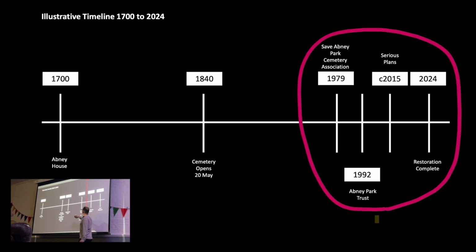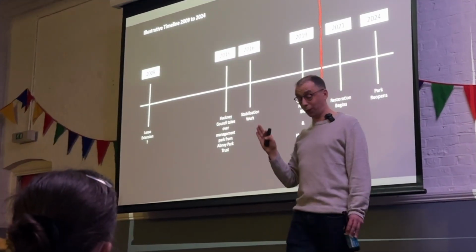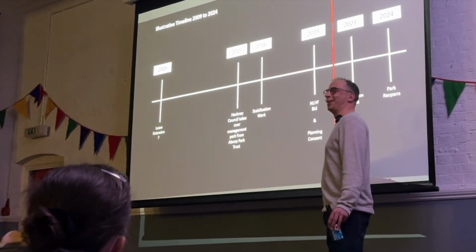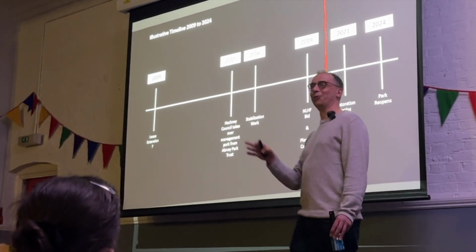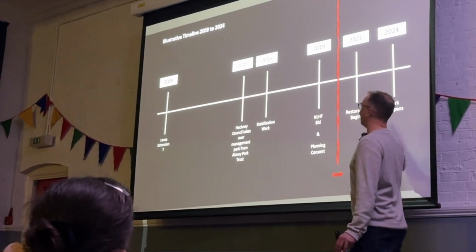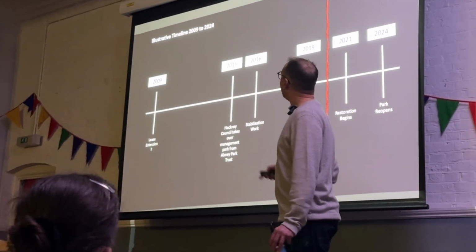Stabilization work in 2016. National Lottery Heritage Fund bid 2019. Planning consent very quick. I'll say something about that. I became chair about here, 5 years ago, COVID. And I've lived through basically this period, restoration to park reopening. And that is what I will take you through. Right,